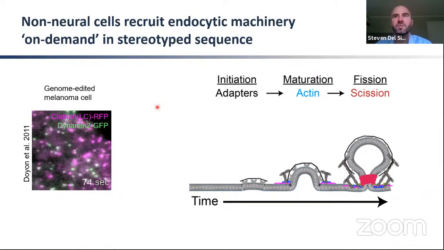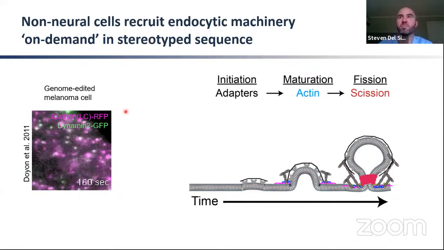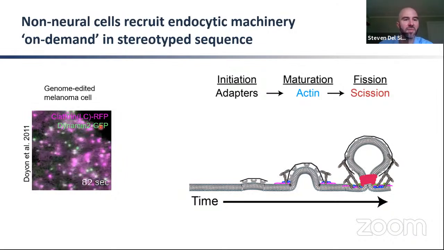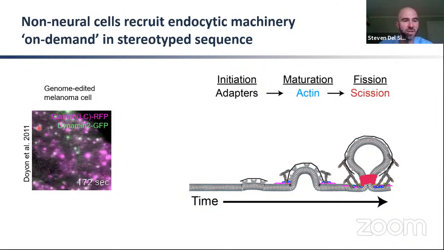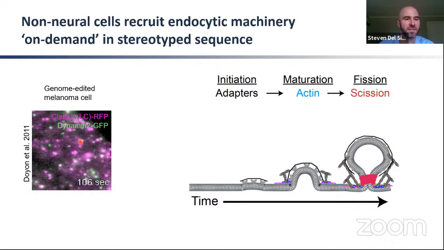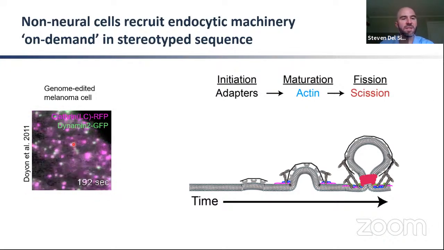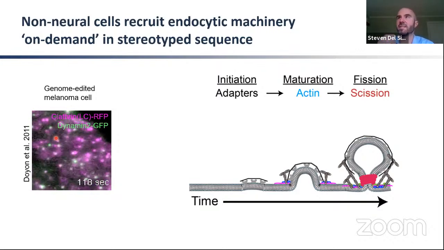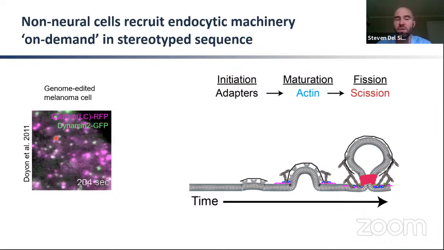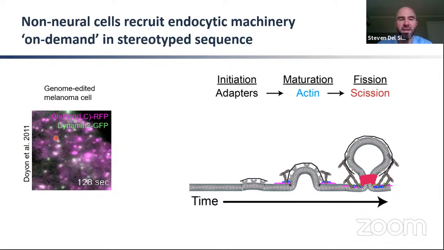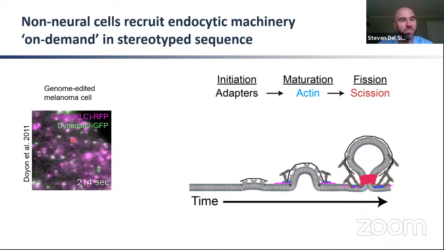And again, this is in contrast to the same proteins in non-neuronal cells. So this is just an example of these proteins. So in magenta and green, 2 different endocytic proteins. And what you can see is, again, that they accumulate in these discrete puncta. And this has really been important for the field to understand how these molecules are recruited and activated, because using